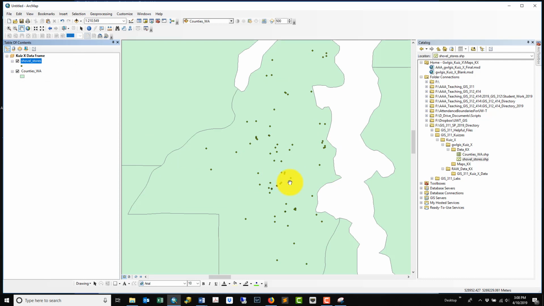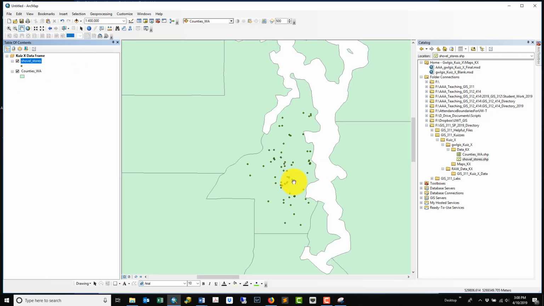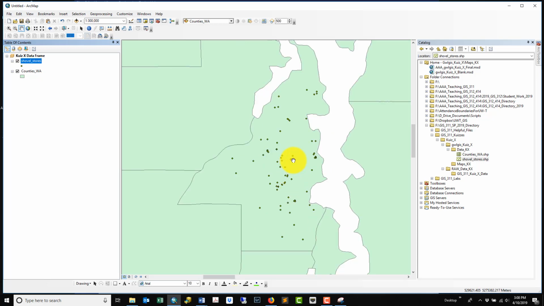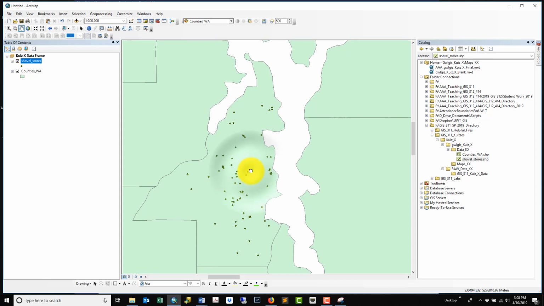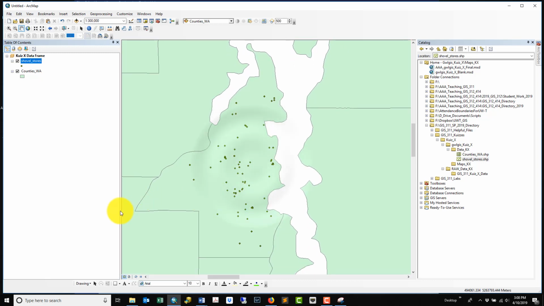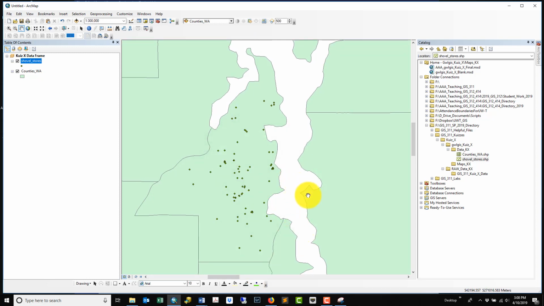Once we've zoomed to the shovel stores, let's zoom out a little bit. Let's make sure that we get the entire county in and have equal border. Equal here, about equal there, about equal down here. And this side, there's still a little too much border. I'm going to drag this